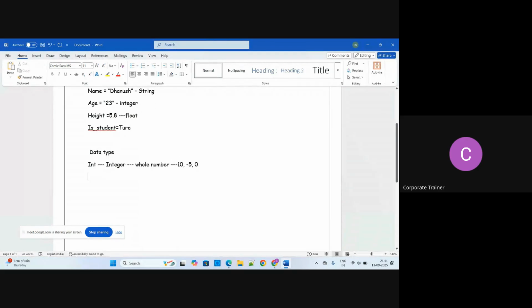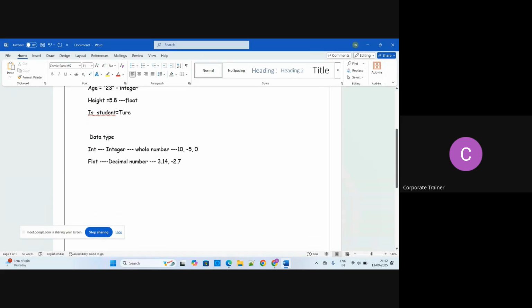Second, float. Float is whichever number we are writing in decimal. Remember, decimal numbers are actually float. Let's suppose 3.14, that's the pi value, and even minus 2.7 is also a float data type. Next is str.